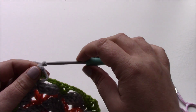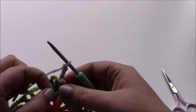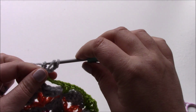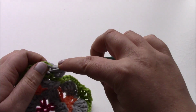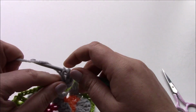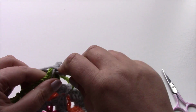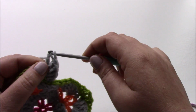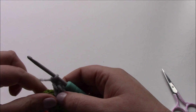So I need to chain 1, 2, 3 as my first double crochet, and as with all shells you do 7 double crochets. So let's count that as 1, 2, 3, 4, 5, 6 and 7. I'm going to move that tail end out of the way, and into the chain 3 space